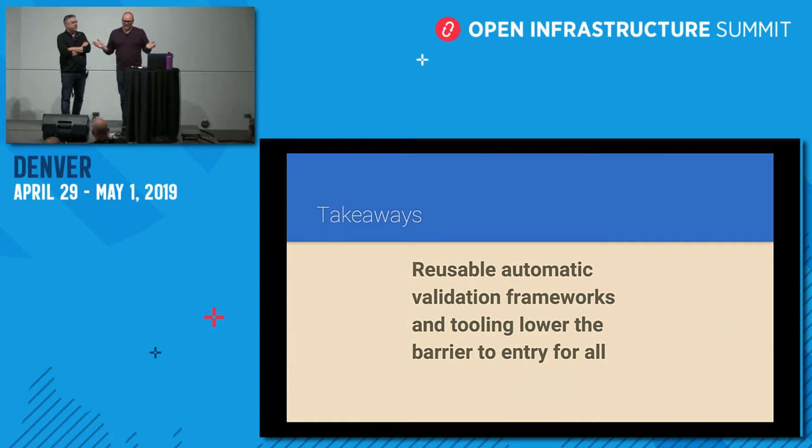So you get all this validation that you don't have to work very hard to do, and so then people are more likely to do it. They're like, oh, all I gotta do is change this and these little variables, and I get all this testing and all this validation for free. Well, sure, I'll do that. And so then you start releasing better software and make a larger impact on your organization.